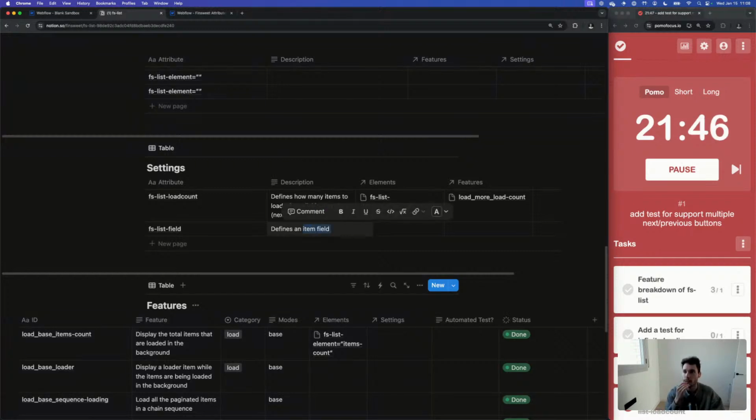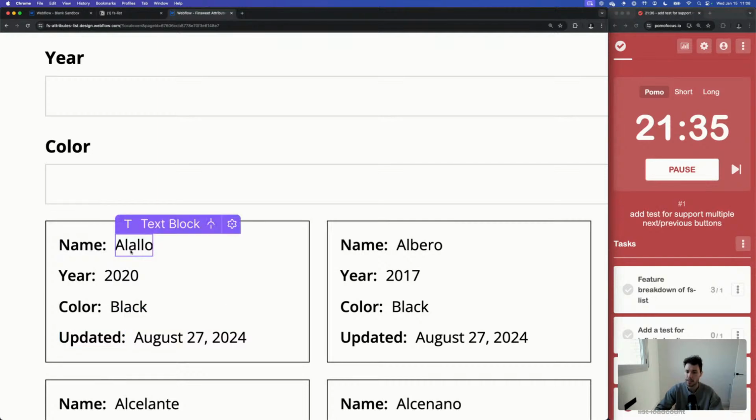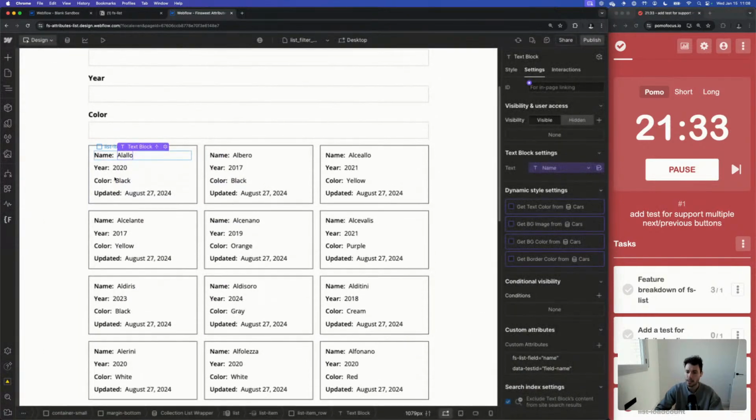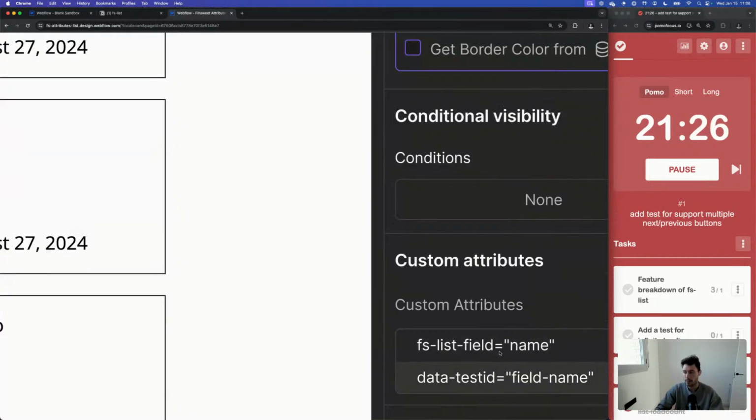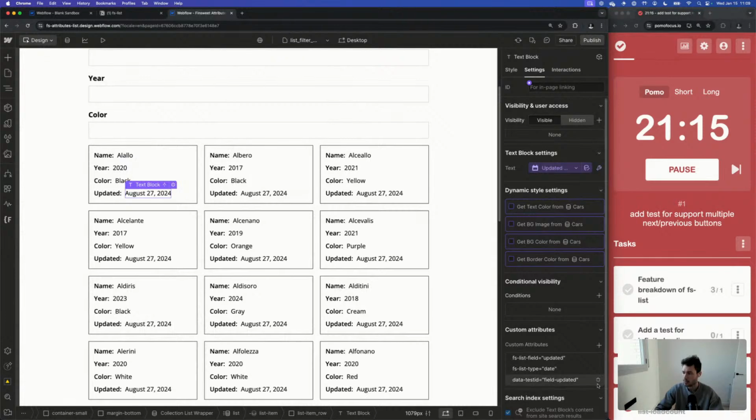Actually, it works in two ways, because this attribute is used both to define properties in items. So here, for example, if I have name, year, color, or updated, each one of these are fields that I want to filter by. So I define the same property name, which is field name in this case, field year, field color, etc. You can get rid of the test IDs here to not confuse people.